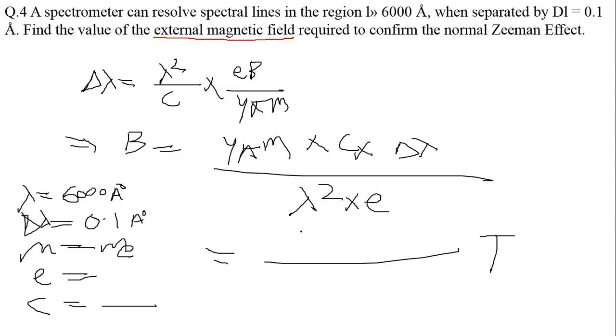If we put all the values, then the external magnetic field will be 0.5 Tesla, 0.6 Tesla,